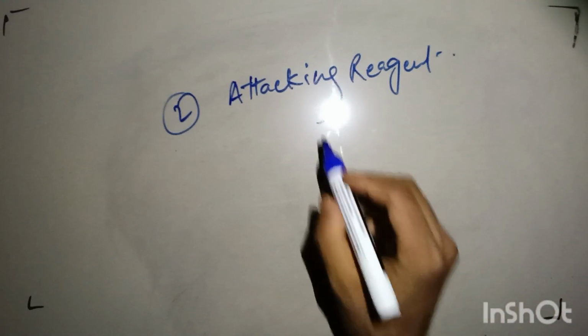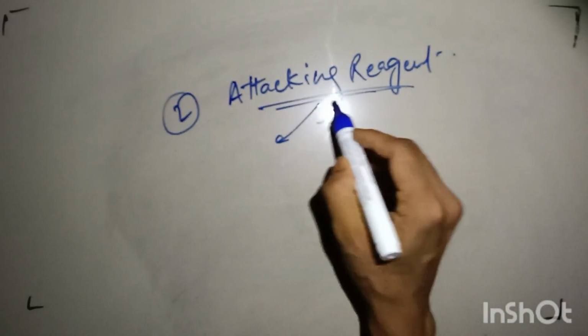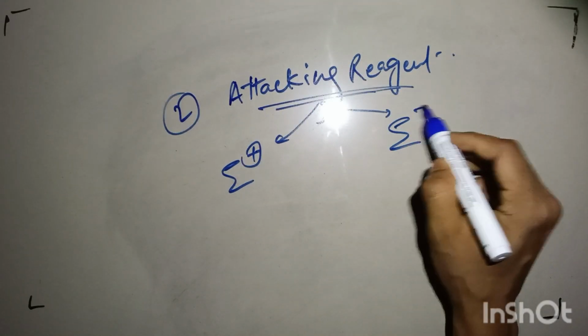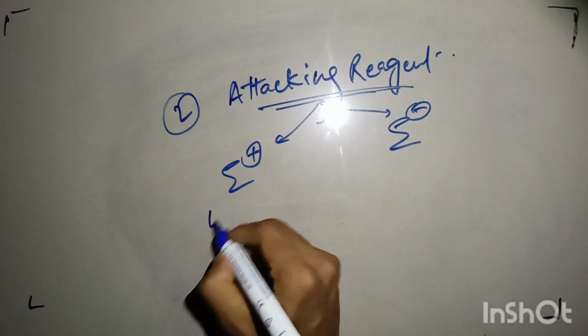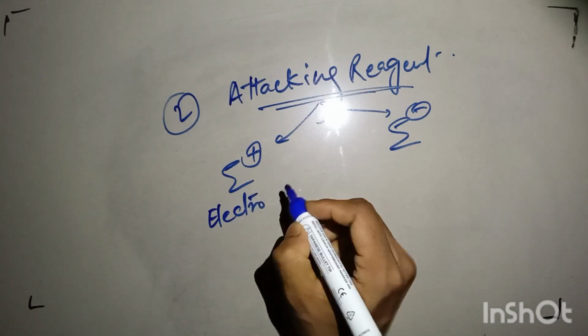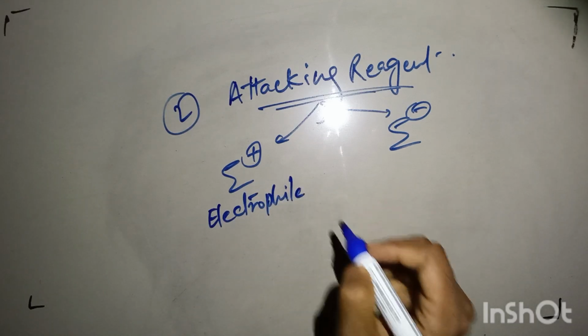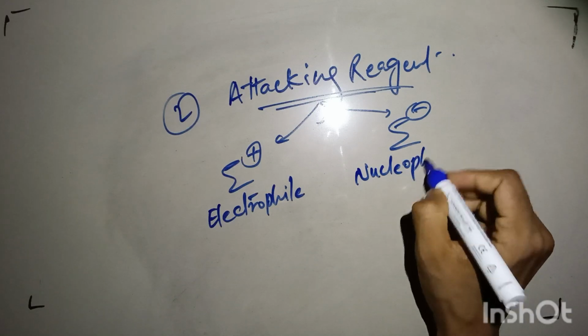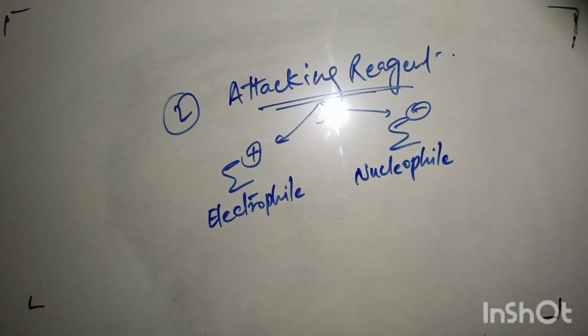Attacking reagent. In this, two types of attacking reagent will be there. One is called electrophile and another is called nucleophile. Okay,